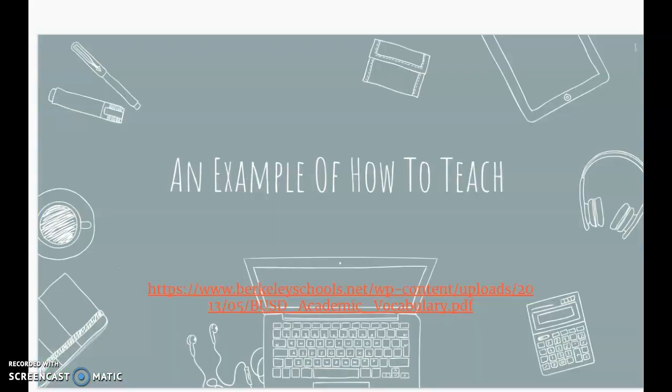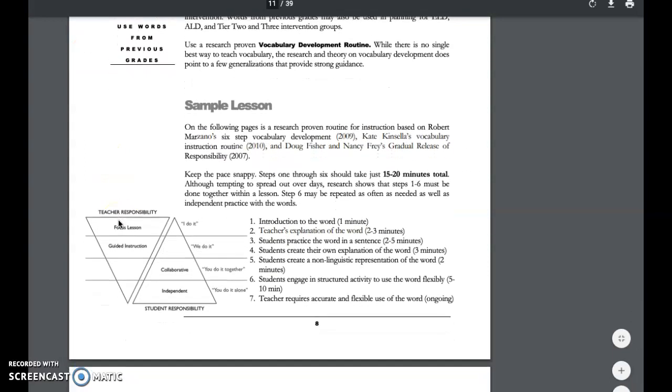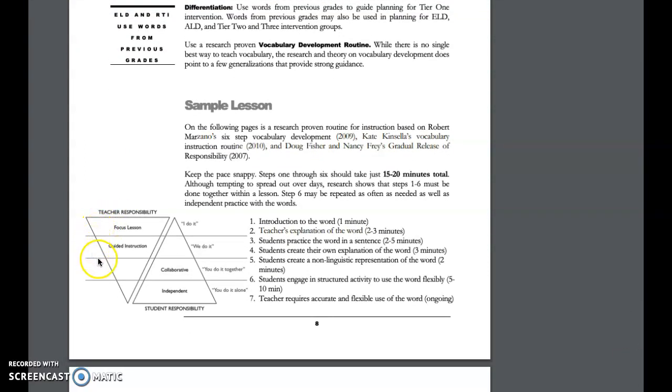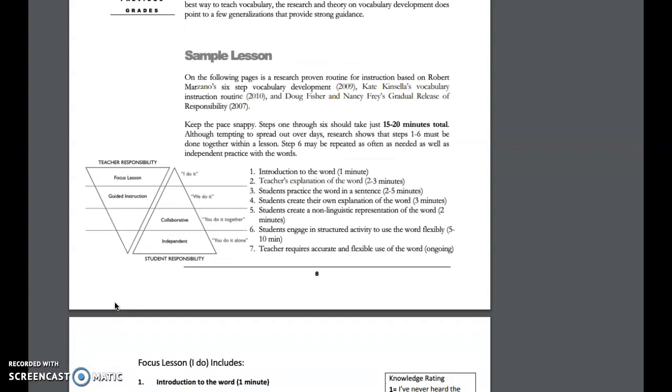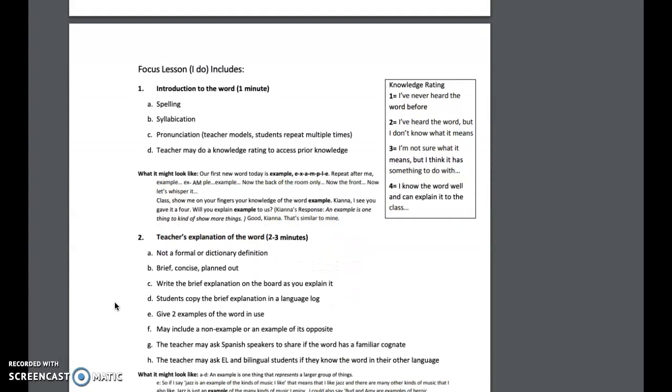The last thing I wanted to talk about was an example of how to teach an academic language lesson. So I found, again, this article from Berkeley, and I saw this sample lesson that I thought was super interesting. It kind of broke it down into this double triangle, talking about the focus lesson, guided instruction, collaborative, and independent teaching, starting off with the I do, we do, you do. So pretty much starting off with the teacher and the class, then slowly introducing them into doing this work on their own. And it showed here for the I do, which was that first focus step